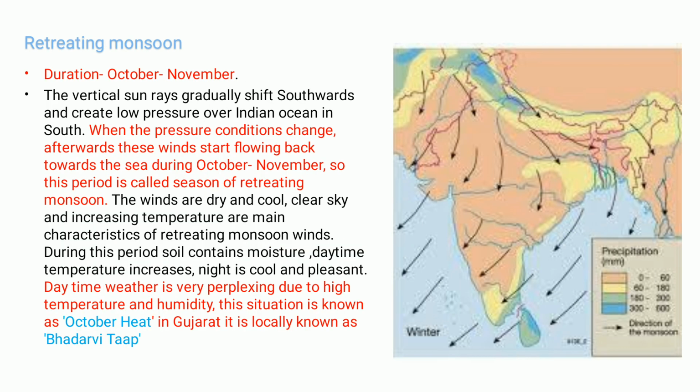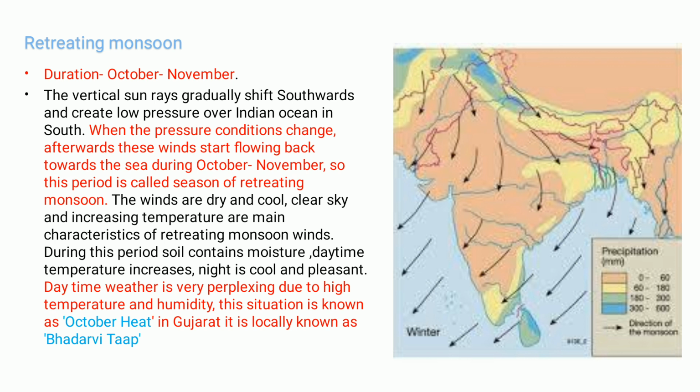The retreating monsoon: the duration is October November. The duration between October and November is better known as the retreating monsoon. What is the meaning of retreat? Retreat means coming back. When the wind starts going back from land masses to water masses, you can see the wind direction on the map. The arrows are coming from land masses towards the water